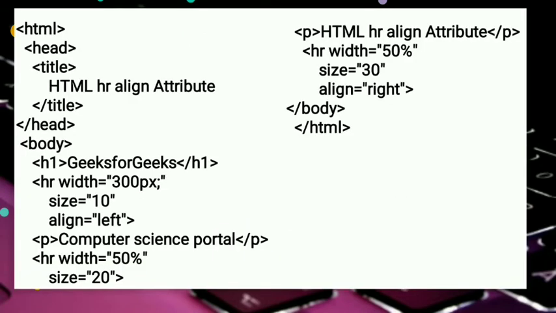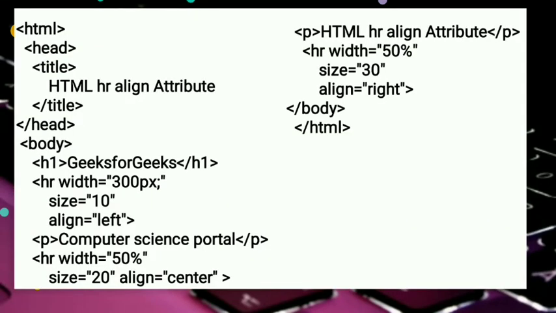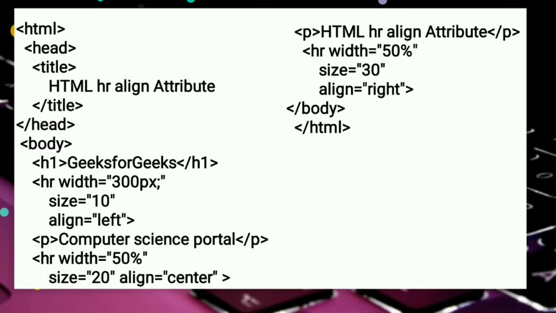Okay, again after we close the HR width, what is inside the p tag? Computer science portal. Okay, so next line computer science portal. After the computer science portal, what is that? HR width equal to 50%, size equal to 20, and align is equal to center. Look at the output. 1, 2, 3, 4, fourth line of the output, it is aligned at the center position. The HR means horizontal rule line. Okay, that line is aligned at the center place, and that is width 50 percent and size equal to 20. Understand?